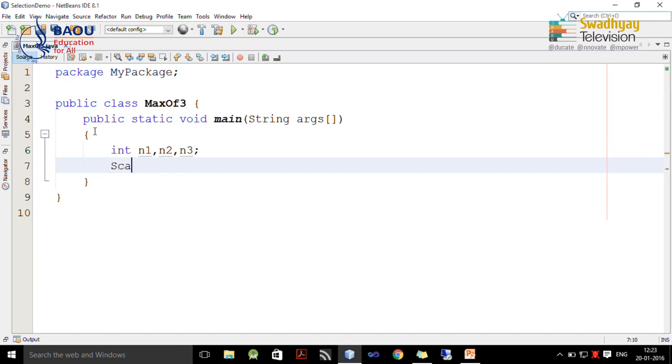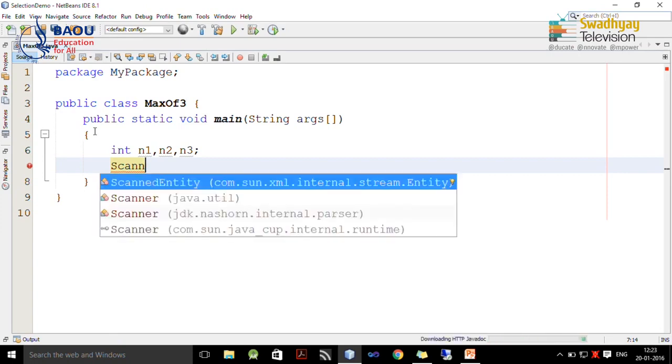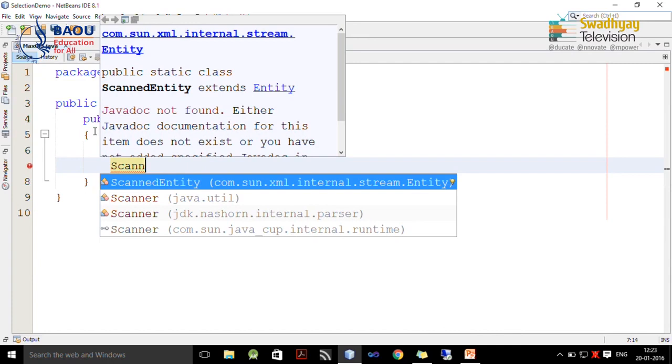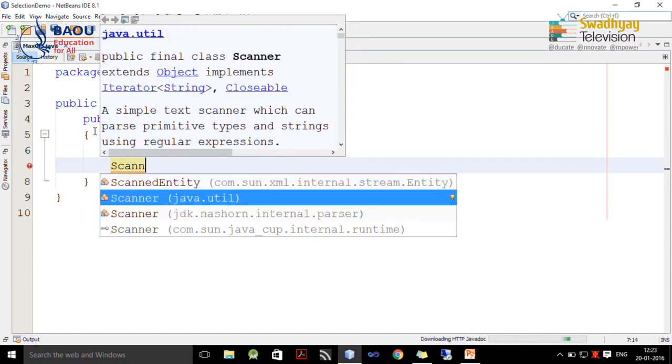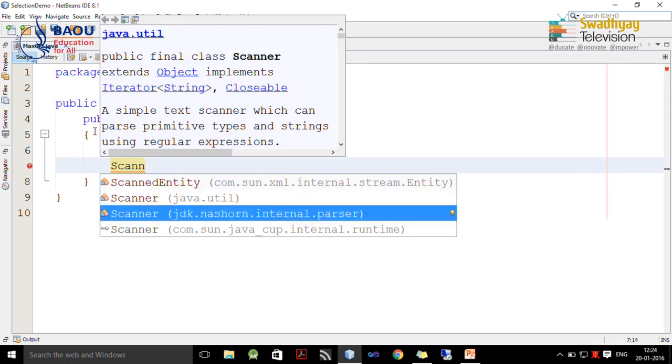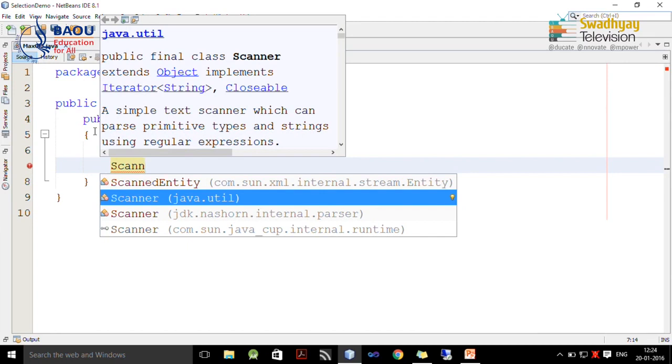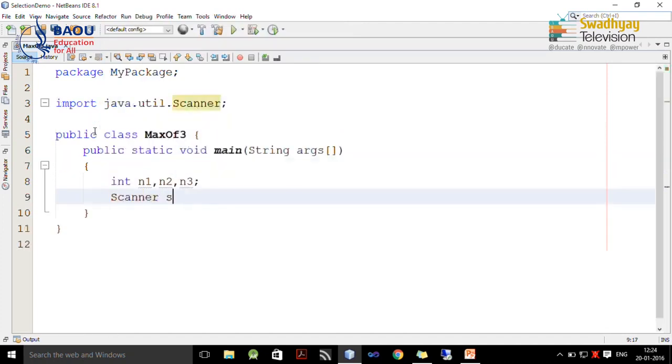To read data from the user by keyboard, we are going to use the Scanner class. By pressing Ctrl+Space, you can activate IntelliSense or help. From the list you have to select Scanner. You can see our Scanner class is from the java.util package. After selecting the Scanner class you have to press enter, and create an object name, which is sc in our case.